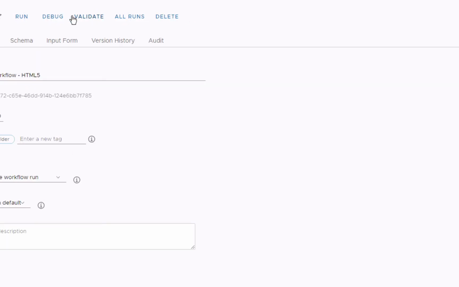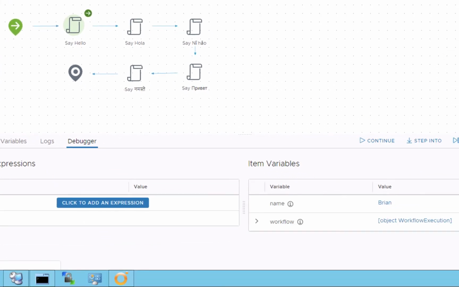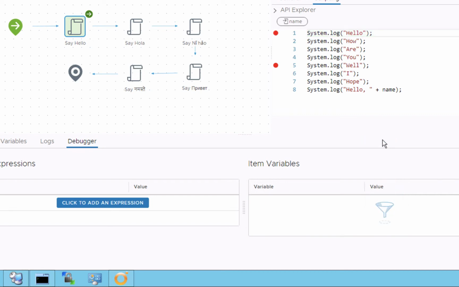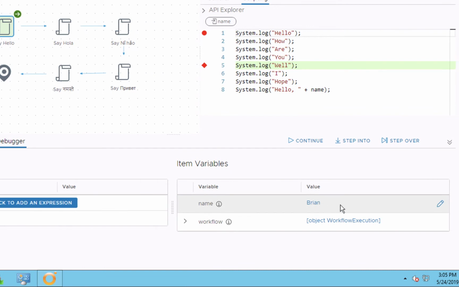I can have a variable, so I'm going to run this through the debugger again. I can have a variable such as this input parameter, or it could be an attribute, but I can have a variable that has some value while the workflow is running. Currently, name is equal to Brian according to our debugger. And if I continue running and hit the next breakpoint, name is still Brian,